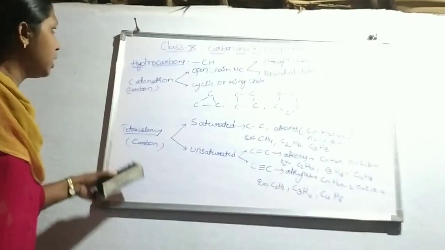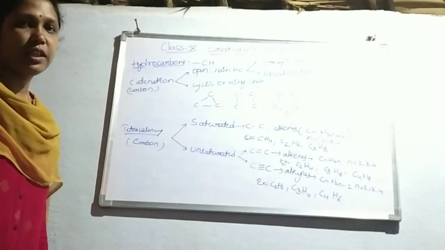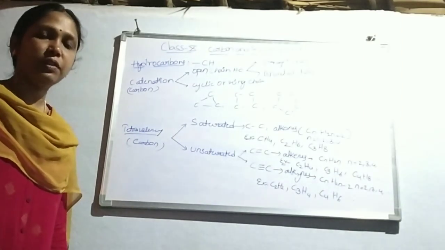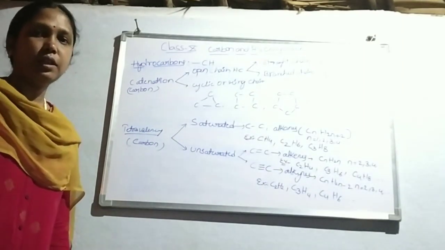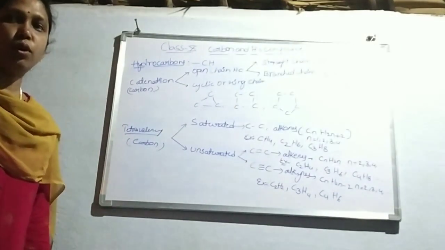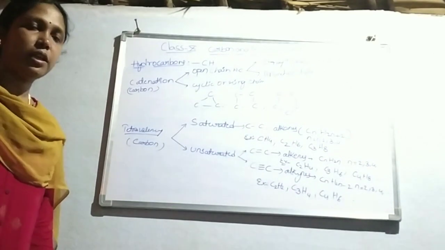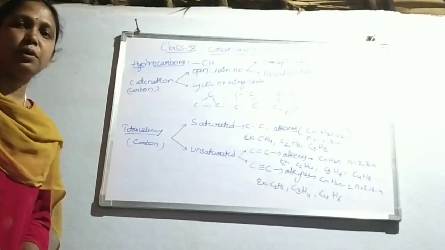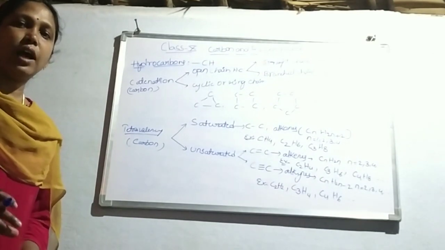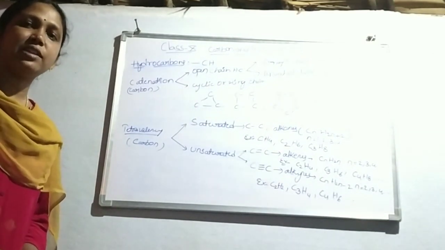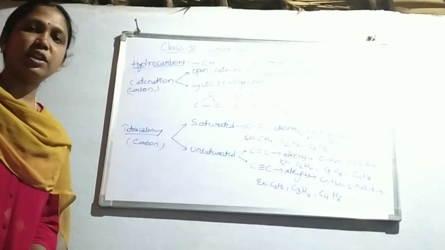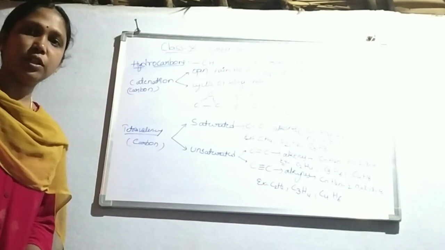On the basis of the carbon property, we next see that carbon not only combines with hydrogen, it also combines with oxygen, sulfur, nitrogen and halogens. So on the basis of the combining, if carbon combines with atoms other than hydrogen, those atoms or groups of atoms are known as functional groups. Now we see what a functional group is and examples of functional groups.